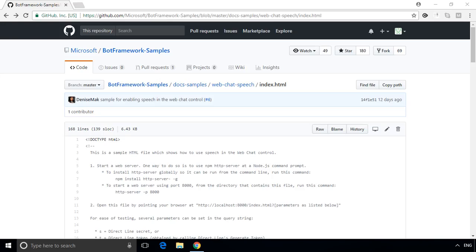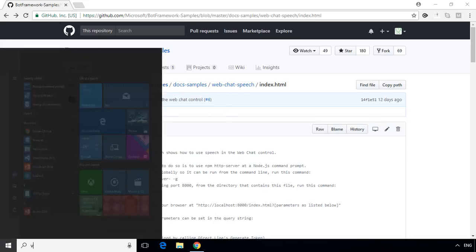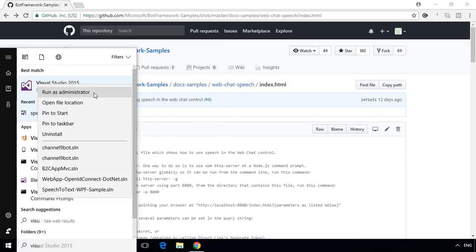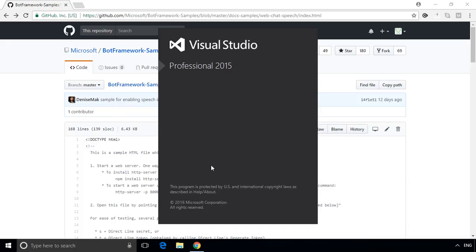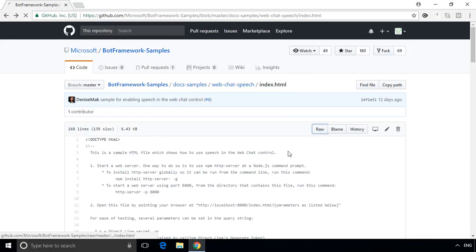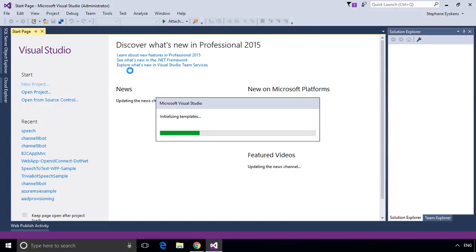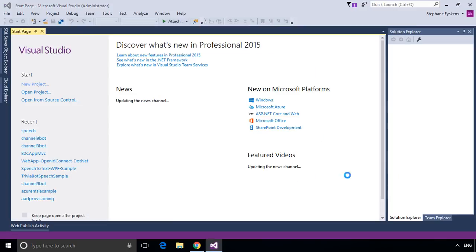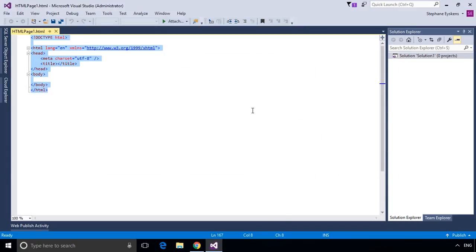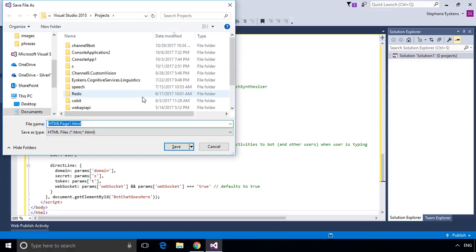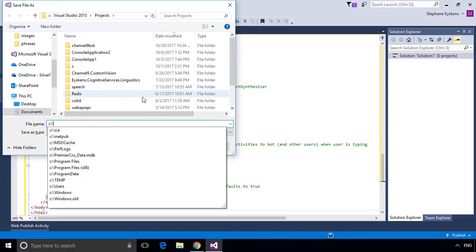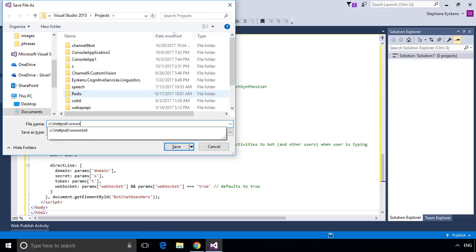I'm on the GitHub repository where the sample HTML page is provided, and I'm gonna take a local copy of it. I start Visual Studio as an administrator, as I'll save the file in a secure location. I'm creating a new HTML file and I paste the content I copied from the repository. I save the file in the folder that I will use later when I'll create a new IIS web app